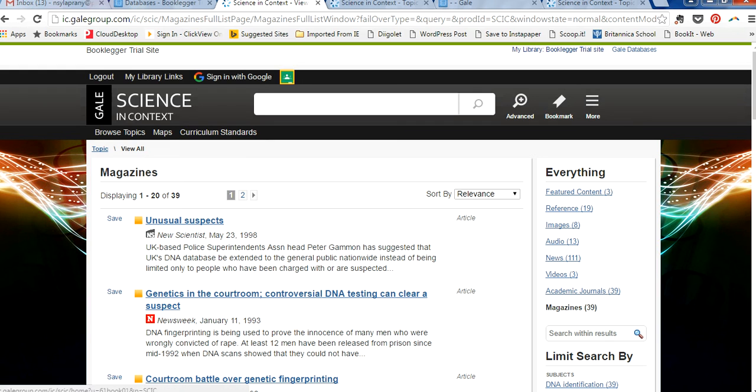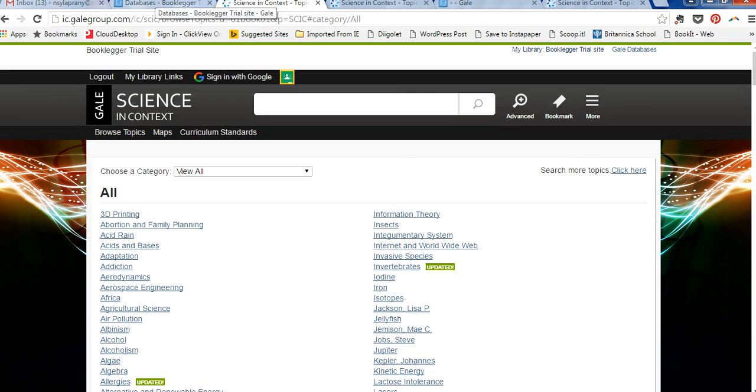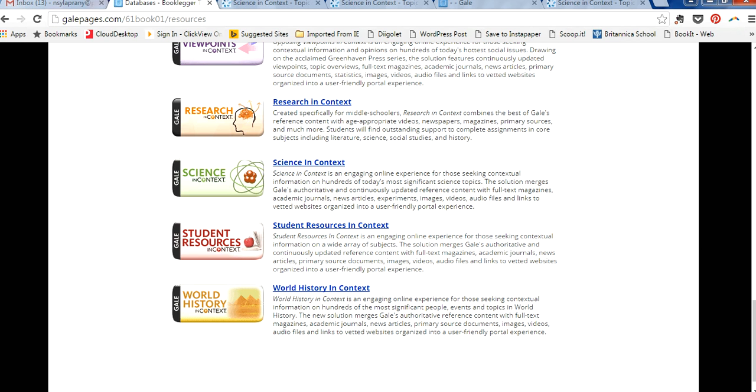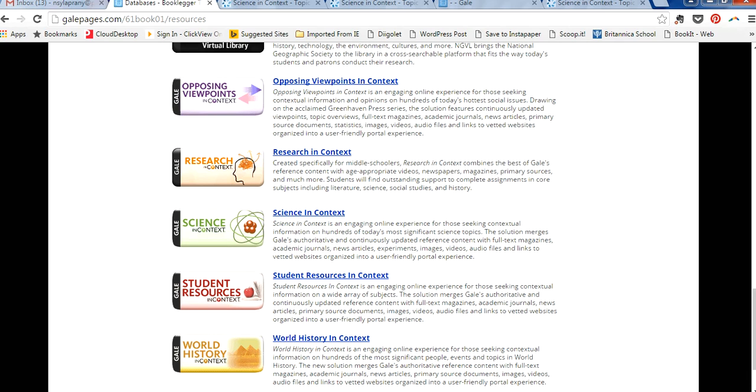Okay, so that gives you a start, and I'd really appreciate it if you think this is going to be of help to students. Please let me know so that I can get an idea of the value of the databases for your classes. And as I mentioned, we've looked at science in context here, but there's all these other databases that can be explored as well. The student resources in context is more of a general